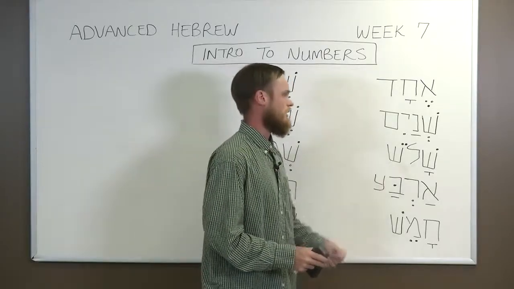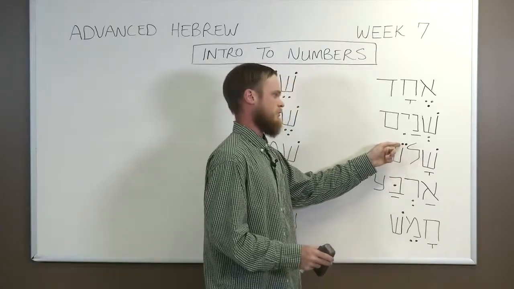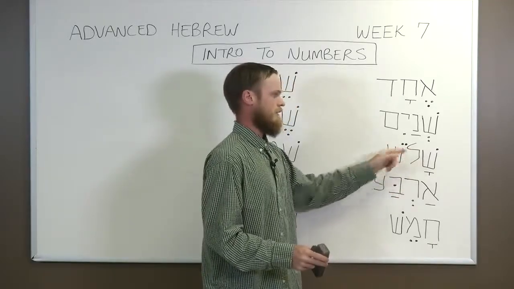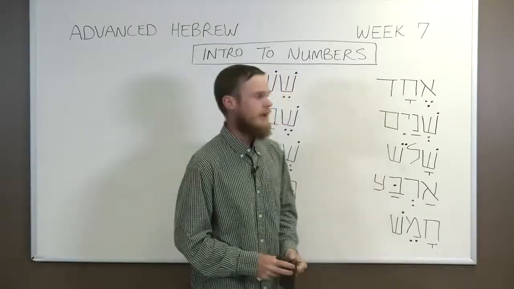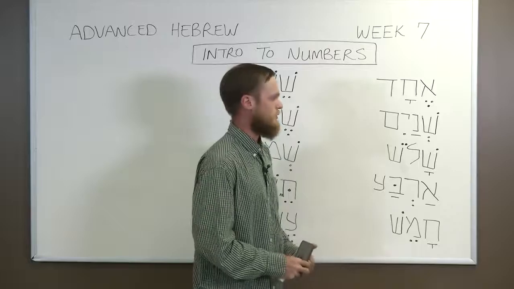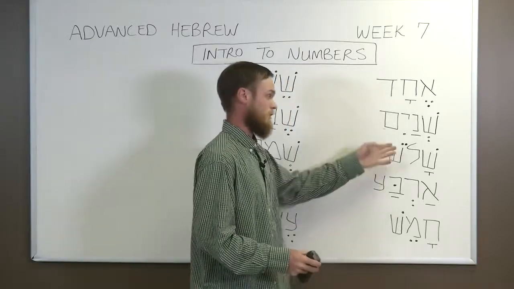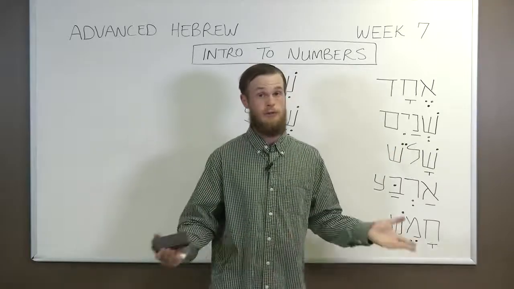Another side note, in your list, you'll notice on shalosh, I've only got 1 dot. I combined the dot that denotes the sheen with the dot that indicates the cholam vowel. I did that because I didn't have enough room to write both. And that's a convention that you will find in a number of books. When I'm writing things on the board, my preference is to include both dots so that there is absolutely no